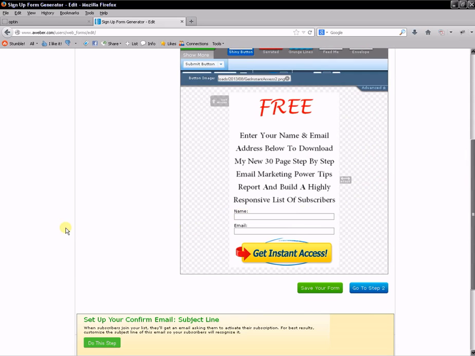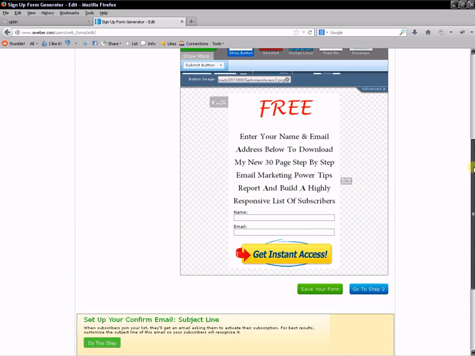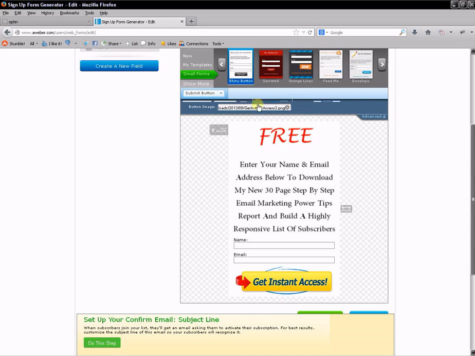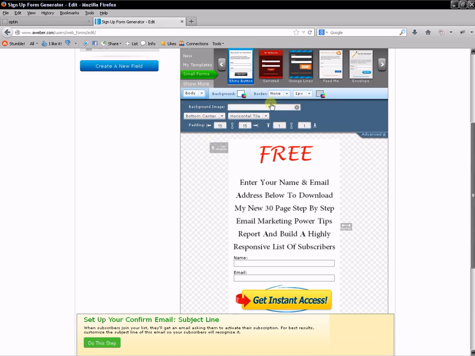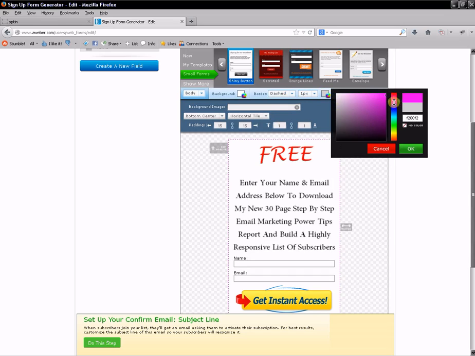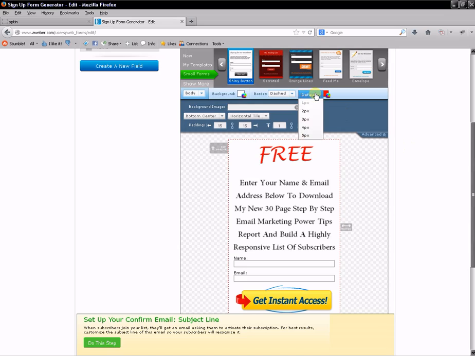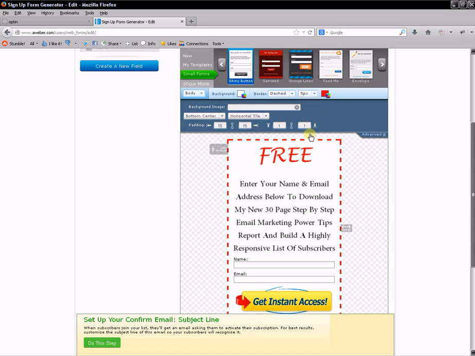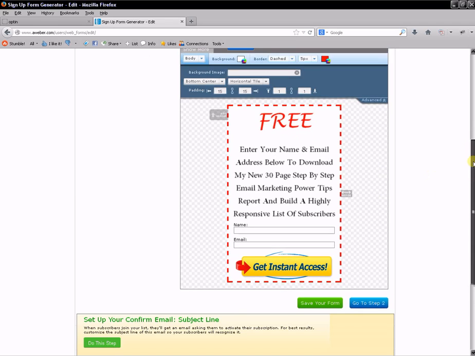And let's see what we have here. And there we go. There's an opt-in form. Looks a little bit blurred, but as I said, inside PowerPoint you can make it a lot clearer and play around with it yourself. So I think that looks quite spiffy. Now what we want to do now, to make it really stand out, is put a border around it. So if we go up here to the options, and I think it's body. And up here we're looking at border. Okay, so in border I'm going to go for a dash border. I'm going to make it red. Perfect. And I'm going to have it at 4 pixels wide. And there we go. And that's how you create these opt-in forms.